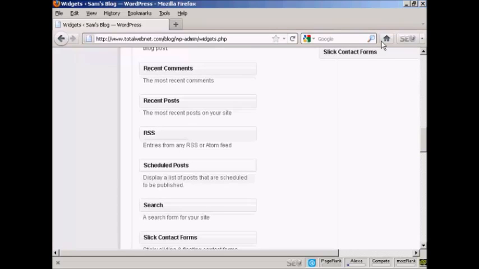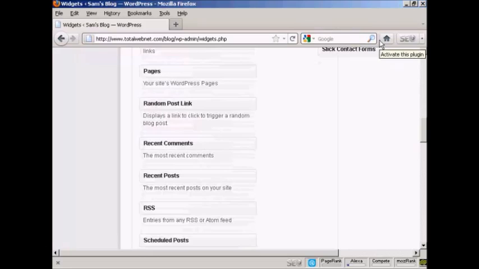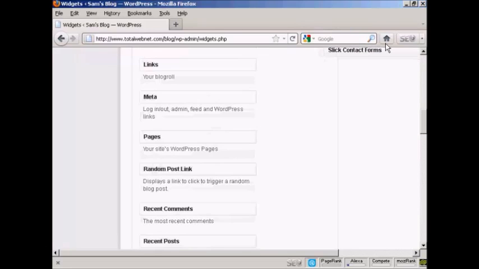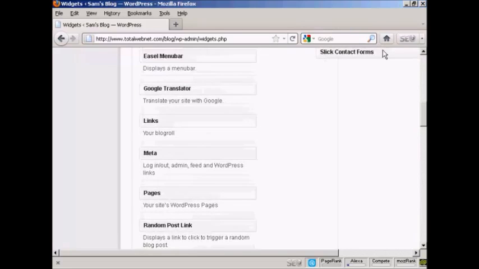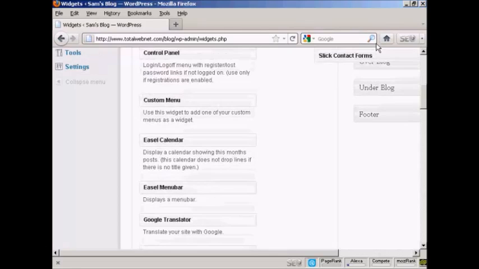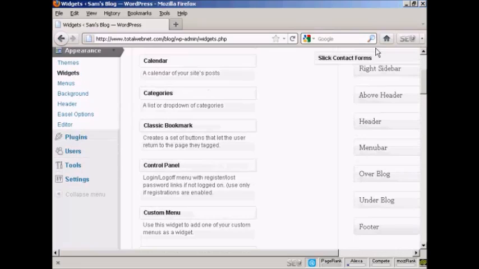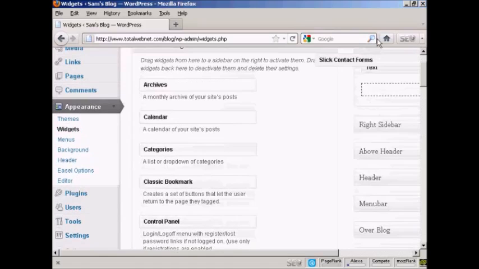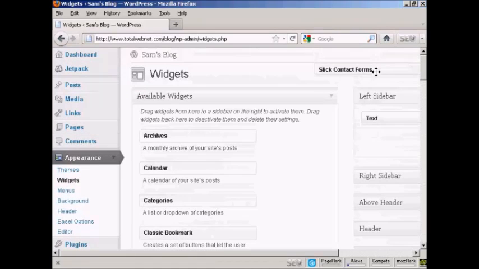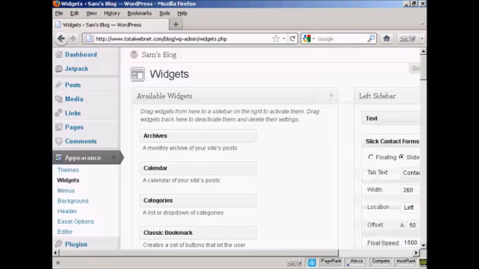Okay, first thing to do is to slide this in to the sidebar that we're going to put it in. So just ease it up here. I'm going to put it in the left sidebar. I'm just going to put it in here and then configure it